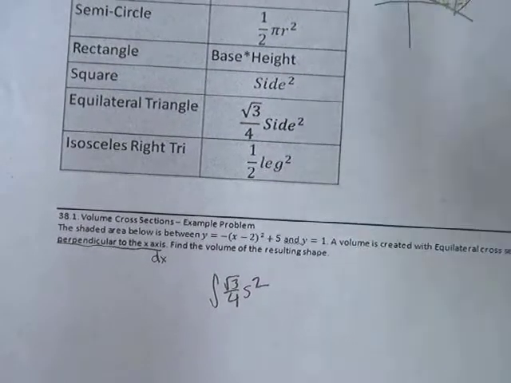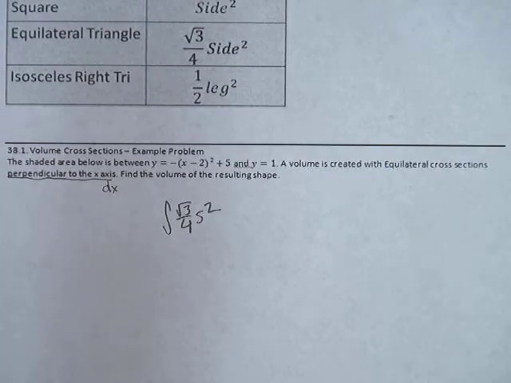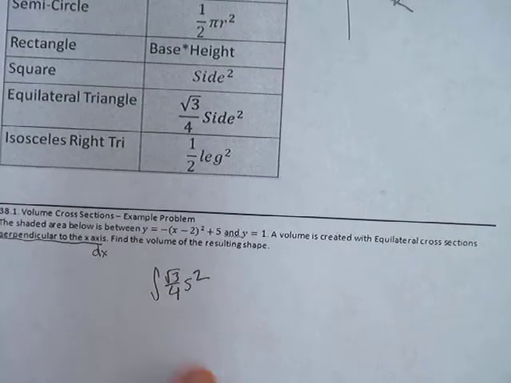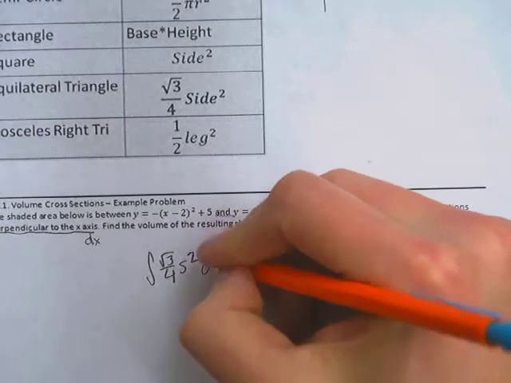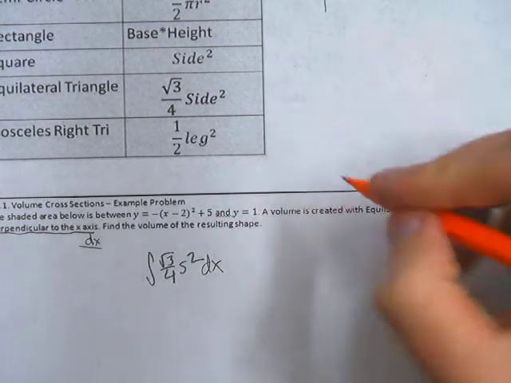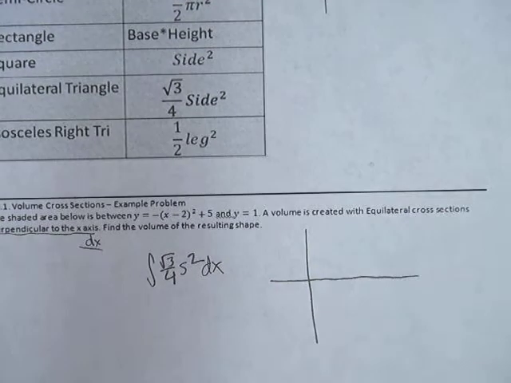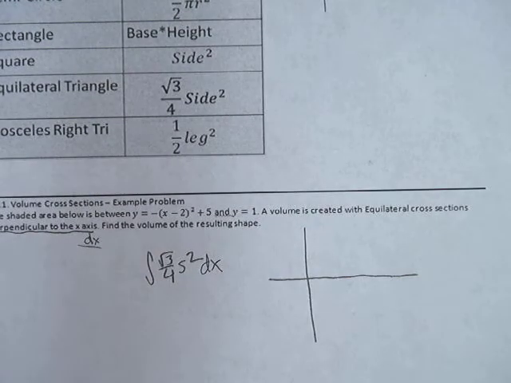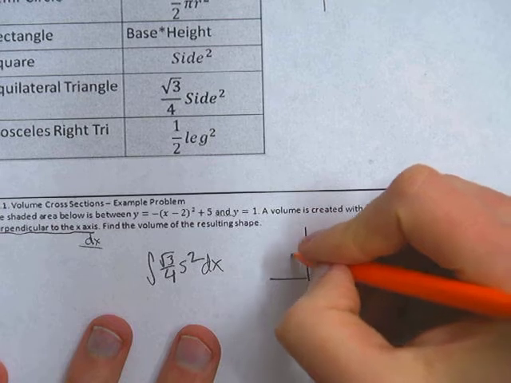Now what we need to do is we also need to figure out what our picture looks like. What are we integrating from and to? What's our variable we're integrating? Oh, we have dx, of course. I said that. So let's figure out what the picture looks like. So online this is included, but you might potentially have to draw this picture yourself to figure out where these meet. So at 1 here,